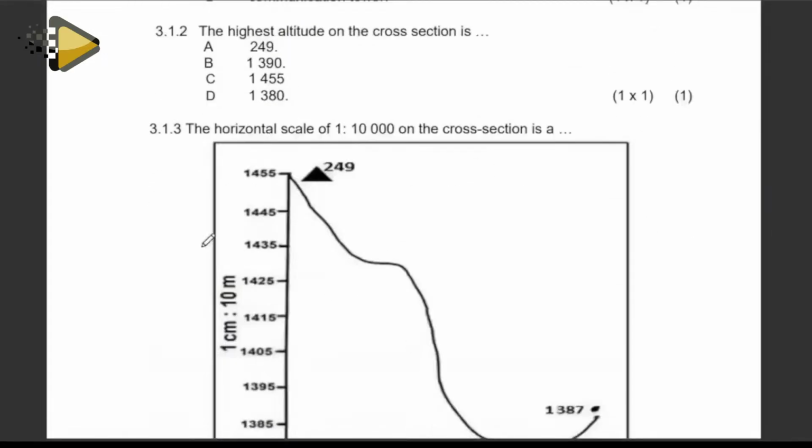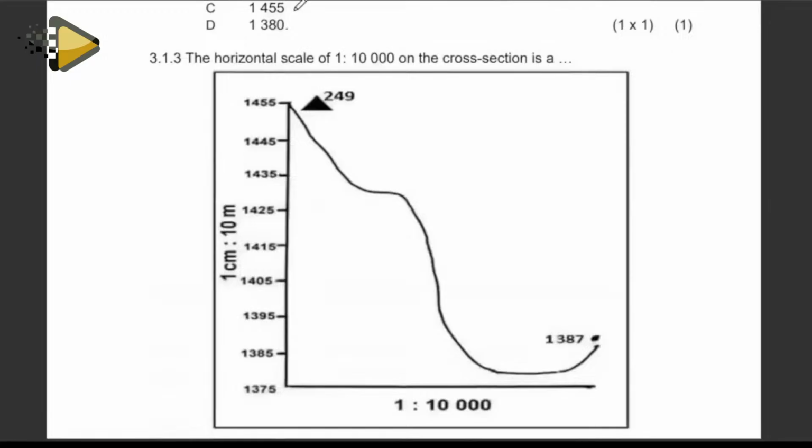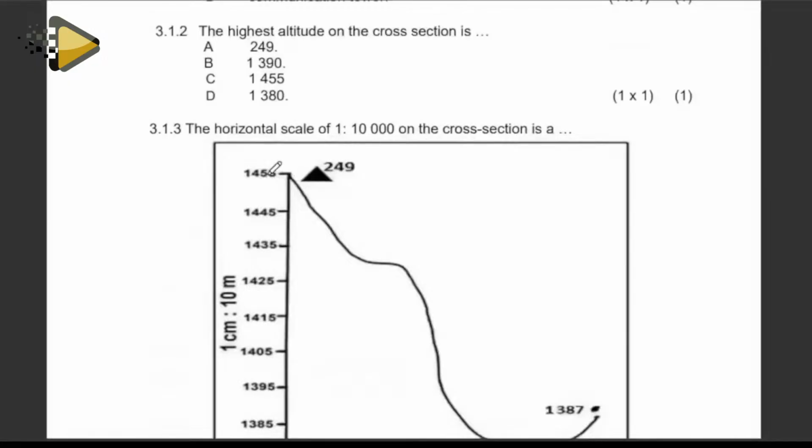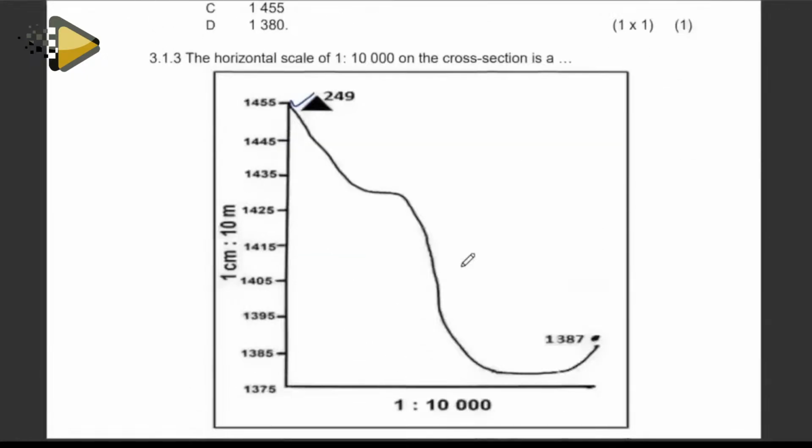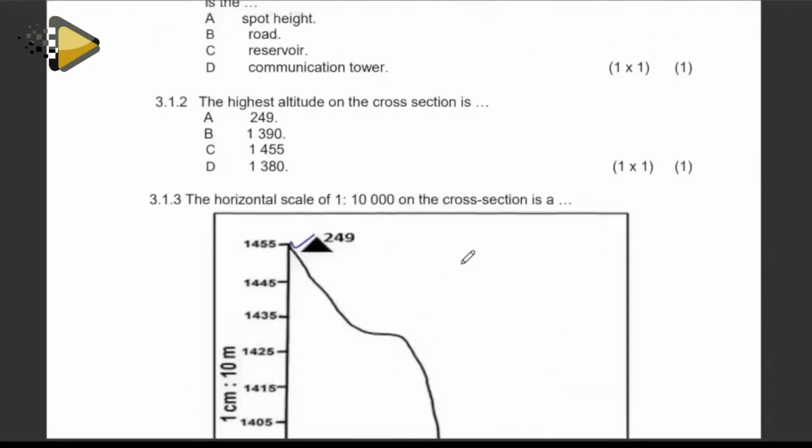Here we are referring to this cross section that has been drawn here on a horizontal scale of 1 is to 10,000. So our highest point, you can see that the highest point is here, and you check your height on the vertical side of the scale here. So for that reason, you can see that your highest point is 1,455. That is the highest point on your sketch of that particular cross section that has been drawn there. Right, moving on